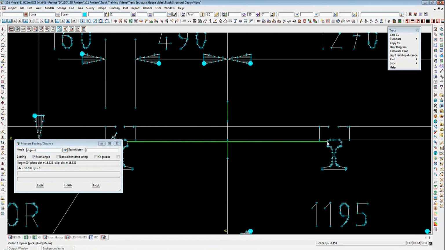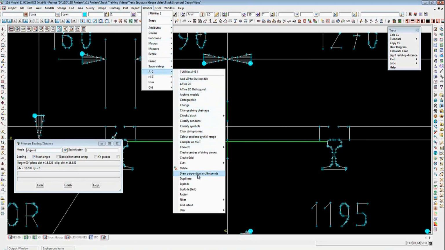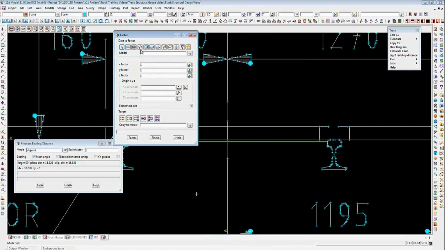So we're going to factor this data around the origin point of 0, 0. So we're going to go to Utilities, A to G, down to Factor. We want to factor the rolling stock gauge raster. The factor that we want to put in here is going to be 0.0573. So that is the wanted gauge of 1.067 divided by the 18.626. So we can test that out down here by going 1.067 divided by 18.626. Press enter. That gives us our same factor in there to a far higher number of decimal points. We'll just change that down to 3 there, and our factor of Z can stay as 1. The origin point here is going to be 0 for each of those, and we will replace the existing data,